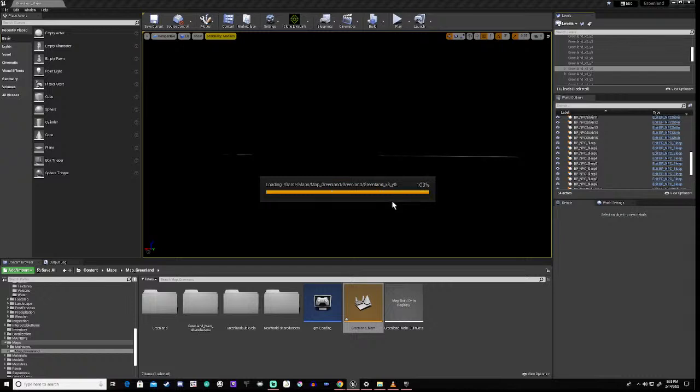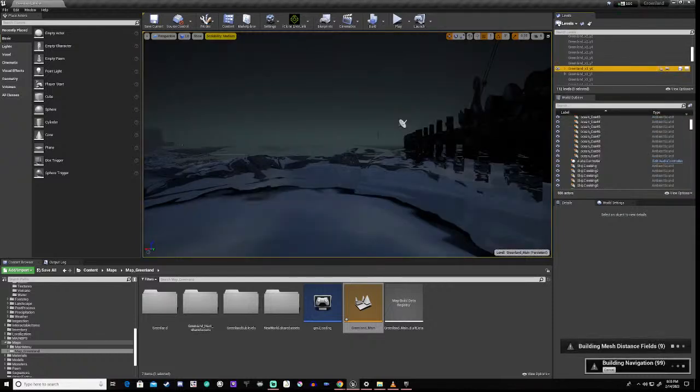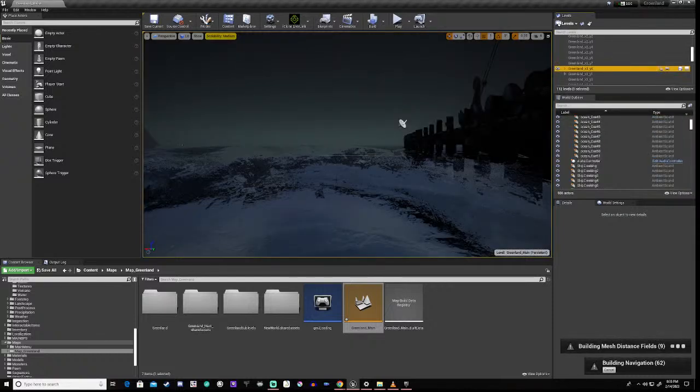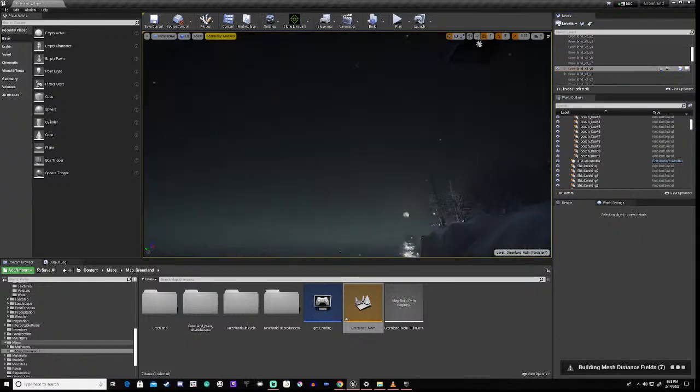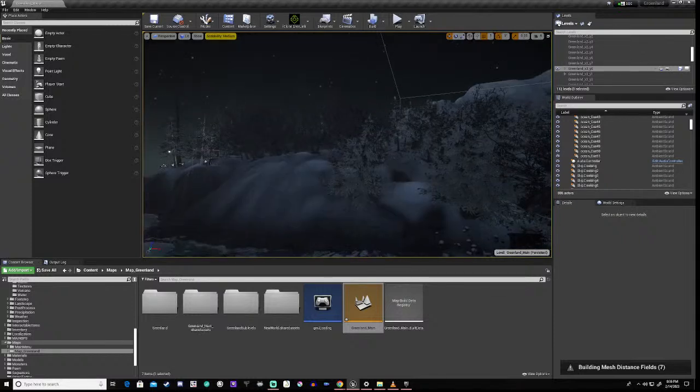And this is where life gets kind of interesting for our widget. As you can see, it's not loaded in yet, but we'll get there.